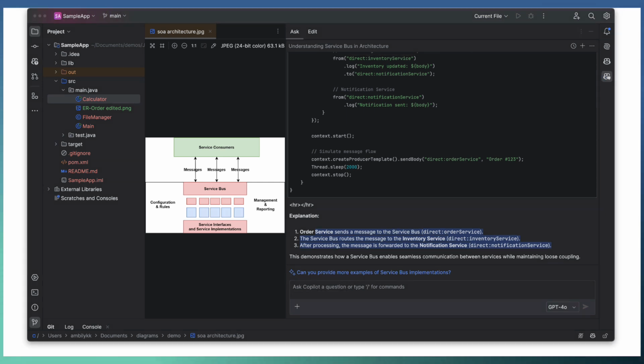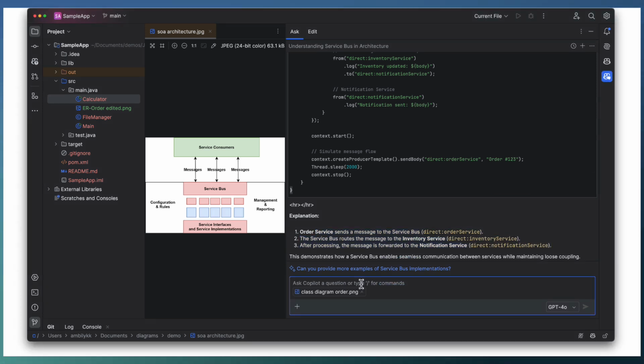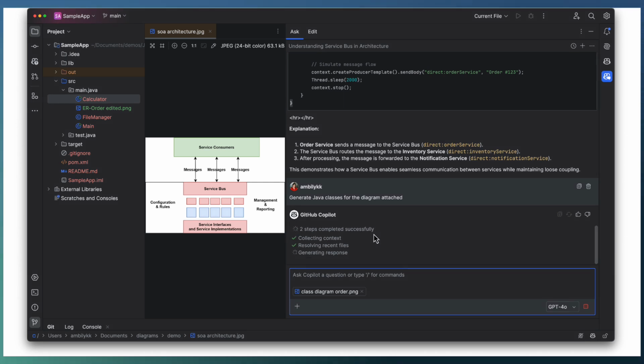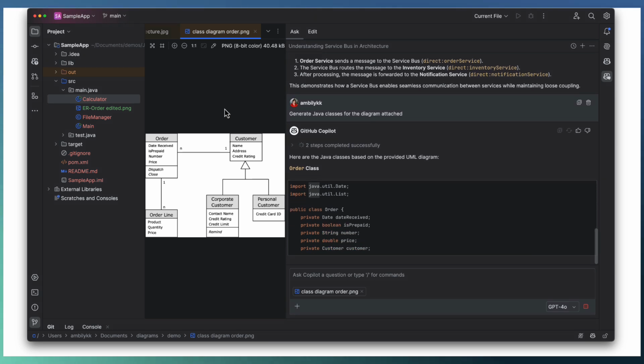This time, I am taking a class diagram into my chat and asking Copilot to generate Java classes. It can contain multiple classes. Attaching the diagram is enough. So this time we are going to generate classes corresponding to this class diagram.